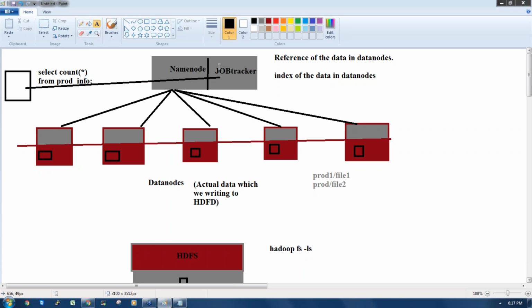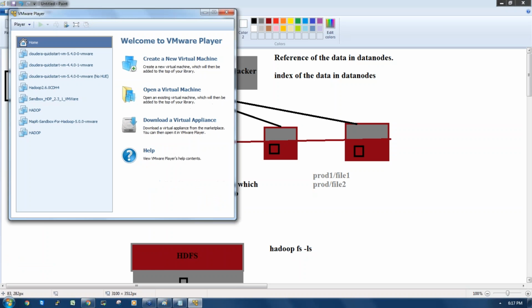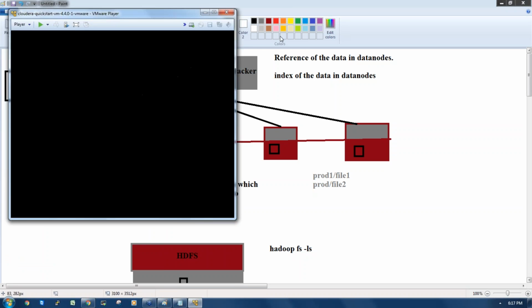Now, we are going to run the job in each data node where the data is available, and in each data node we have a task tracker available. That is in Hadoop, where the data is available, in the same place we are running the jobs, because generally what we are doing is collecting the data from other sources, right?